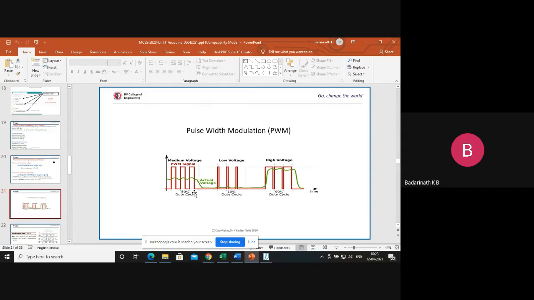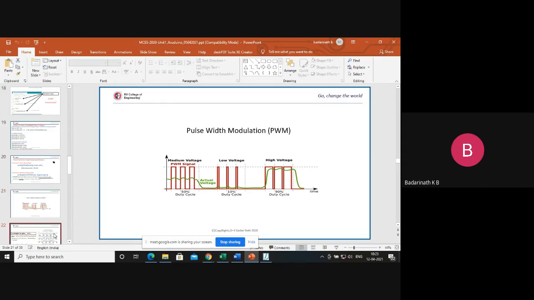So if somebody asks, you do not have analog output, can you generate an analog output from a microcontroller? Your answer should be: yes, it is possible to generate an analog output from a digital output by using a technique called pulse width modulation. In pulse width modulation, we vary the on time and the off time so that we produce a ratio of on divided by on plus off. By varying that ratio, we can vary the actual DC voltage produced at that pin when we measure it in a multimeter. So this is the technique.